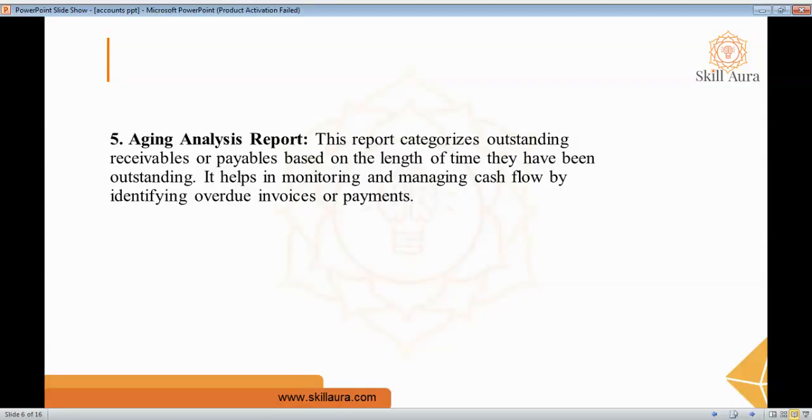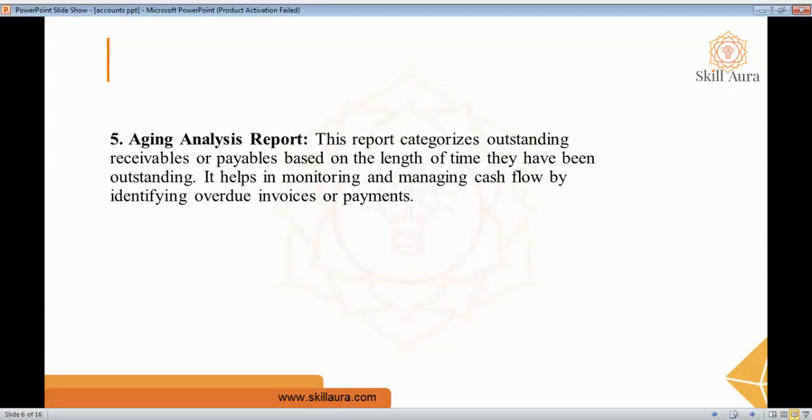So this report shows that 5 invoices worth 1 lakh are pending payment within 0 to 30 days, and 3 invoices worth 75,000 are pending payment within 31 to 60 days, and 2 invoices worth 50,000 are pending payment within 61 to 90 days, and 1 invoice worth 25,000 is payment pending beyond 91